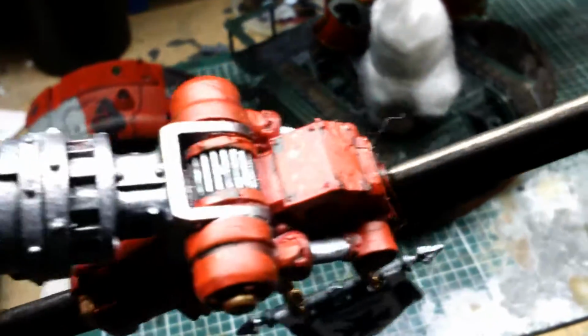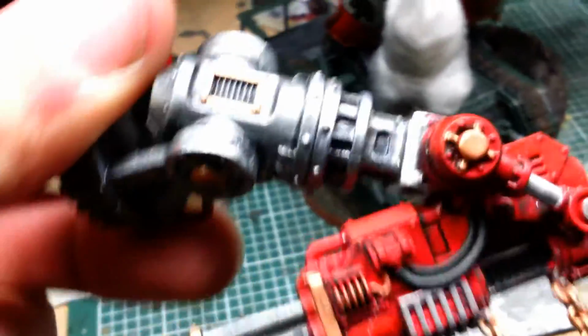Dry brush, and then we come down to the reds. Very striking red. I quite like the way Mike done his knight with all the bright reds on it. Then we come to the